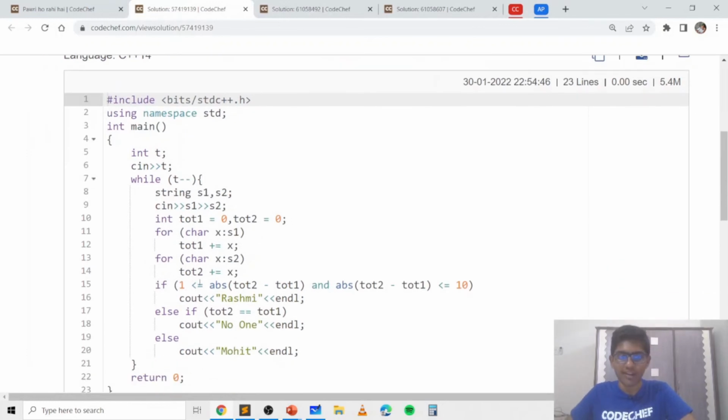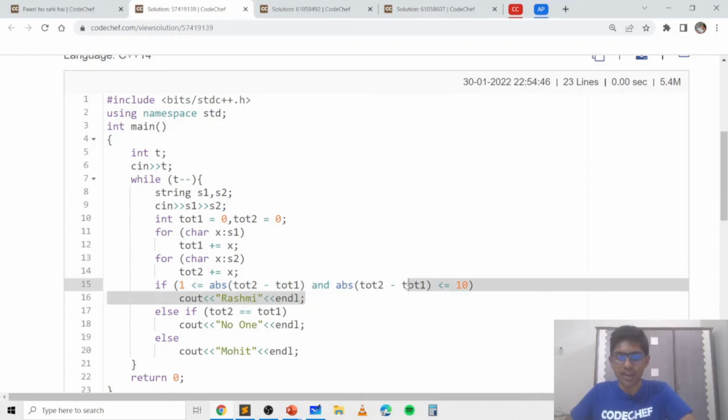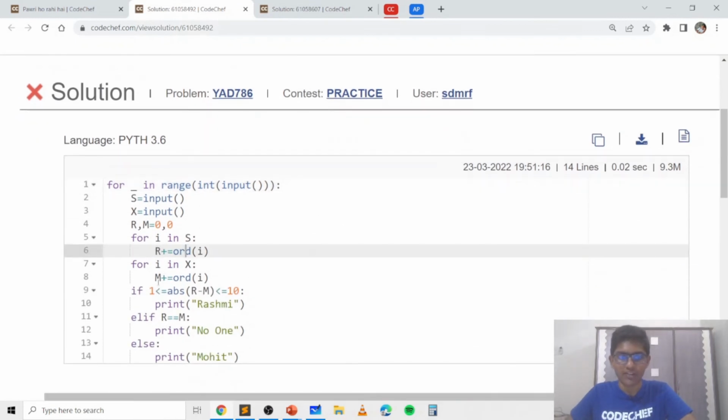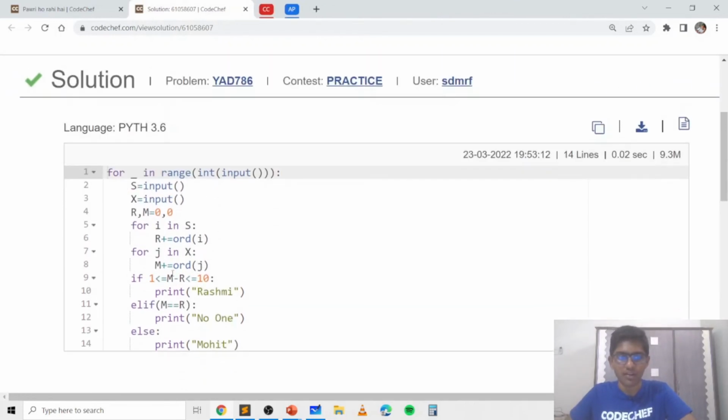However, you could have made the mistake and got a wrong answer if you use the absolute values. In Python you can see using this code from another user that if you calculate the sum of the ASCII values in R and M, and if you use the absolute value, then that will get a wrong answer. You need to use the value without the absolute sign, and do the sum in the